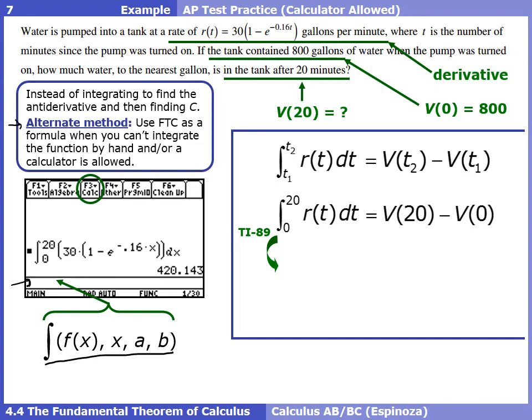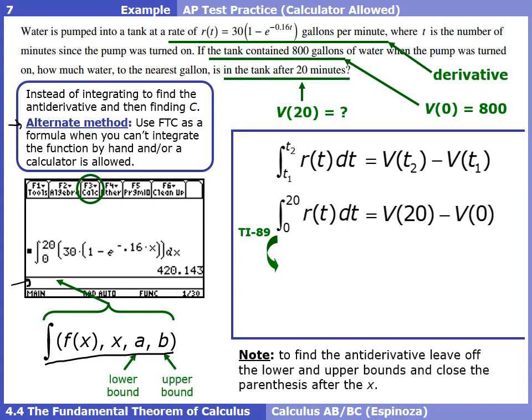If you are interested in other problems to find an antiderivative, just note that if you want to find an antiderivative, all you need to do is leave off the lower and the upper bounds, and then close the parentheses after the x, if you ever need to know what an antiderivative would be equal to. If again all goes well, you'll get